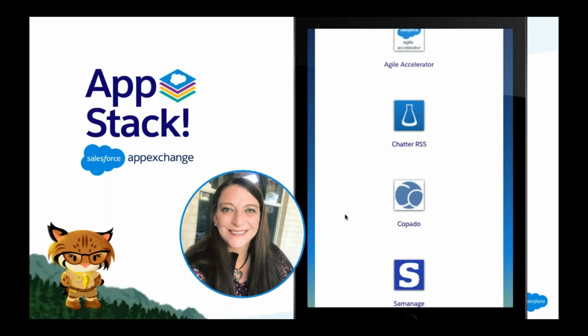Yeah, absolutely. Agile Accelerator, as you say, is a replacement for typical Agile software like Jira or Version One, which can be very complex, and you have to manage that as a software during a project. Now, Agile Accelerator is built by Salesforce Labs. It is built completely on the Force.com platform, and it's free. It manages everything from your epics, your sprints, the user stories, the bugs, the burn down, everything in one central